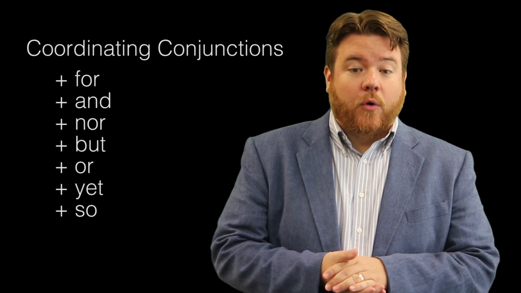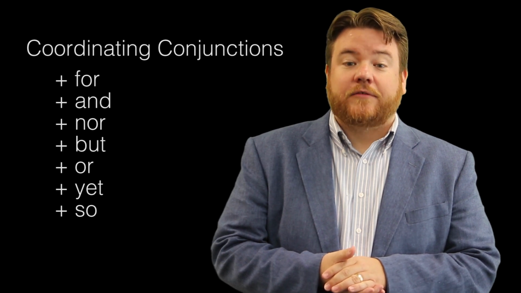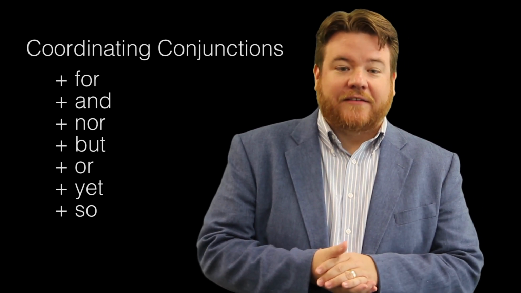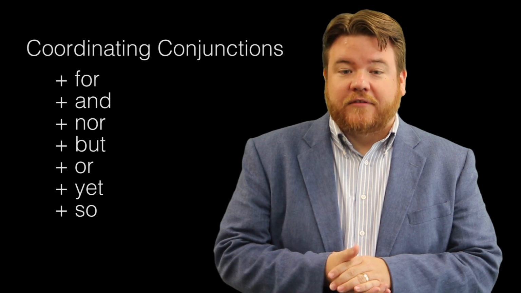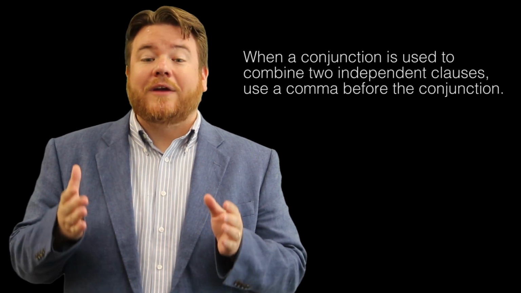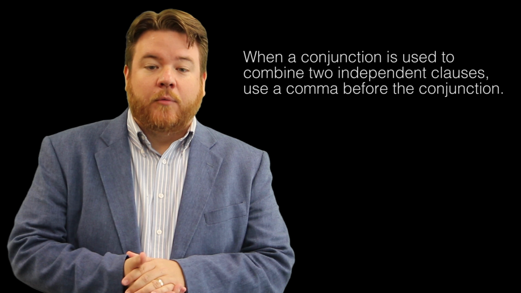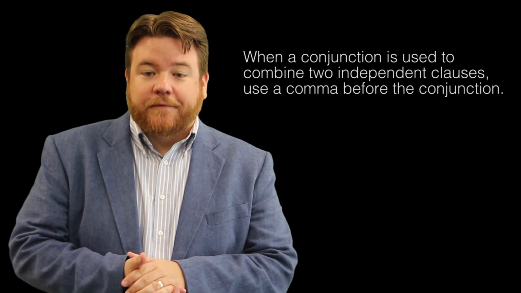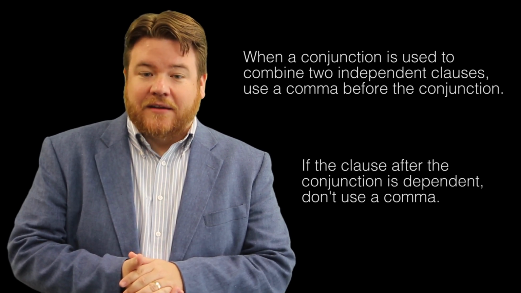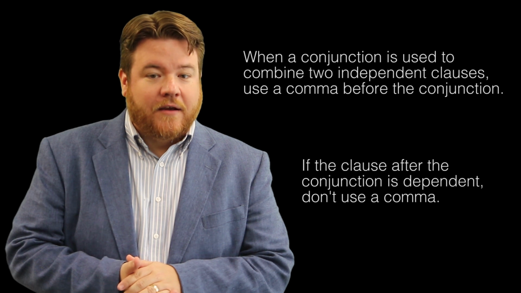The most common way to combine independent clauses is to use a coordinating conjunction. There are 7 conjunctions: for, and, nor, but, or, yet, and so. Conjunctions act as a bridge, combining clauses into a unified sentence. There is only one simple rule to remember when using a coordinating conjunction. When a conjunction is used to combine 2 independent clauses, it will be preceded by a comma. If the clause following the conjunction is dependent and cannot stand on its own as a sentence, there is no